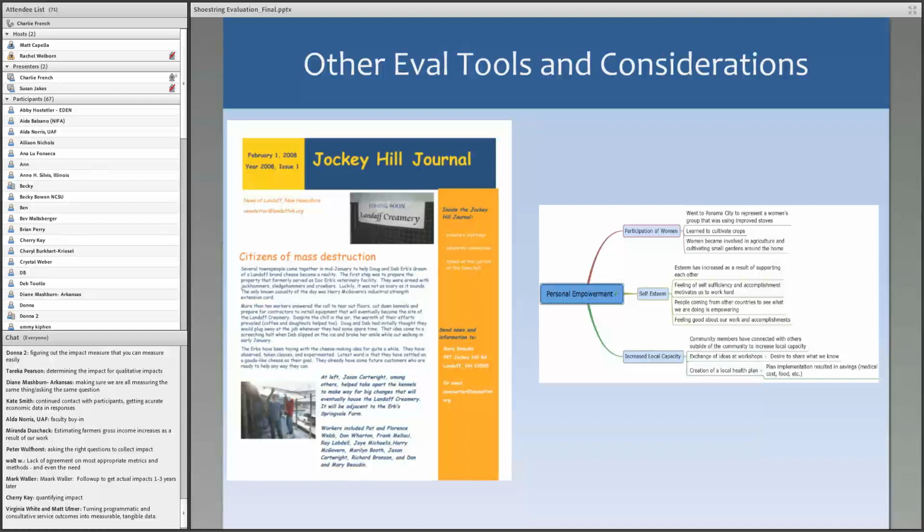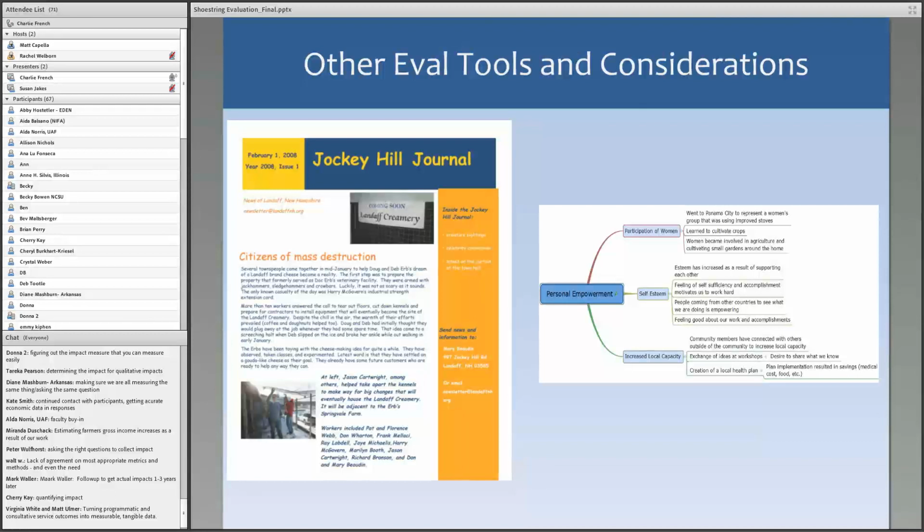Now, this is a little bit premature to talk about ripple effect mapping, because we actually have not yet used ripple effect mapping in the context of our programs, particularly the community visioning program. But I did get the opportunity, as Susan said, to travel to Panama to test this ripple effect mapping in 2 rural communities in Panama who are doing work with sustainable food systems. Why not pick a great place to go if you're going to pilot it? So it was a really exciting process, and I think that it's got great potential to use for community visioning processes. And we probably will do this process in Barrington, in the town that Casey was talking about.